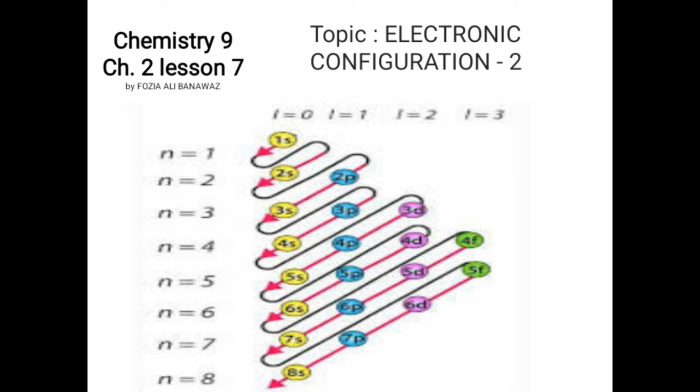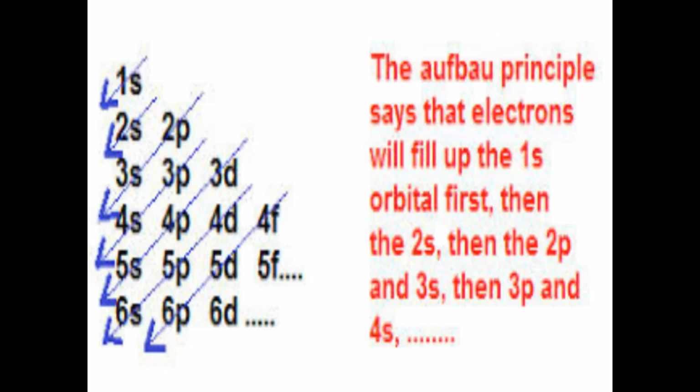We see this order helps us in assigning, accommodating, fixing, or simply placing the electrons according to increasing energy levels. So we see the orbits remain there and their energy differences are still there, but we have to see how we can write this